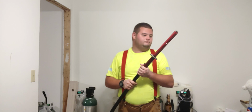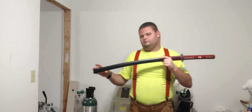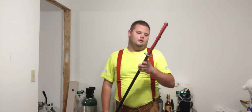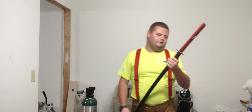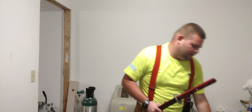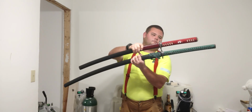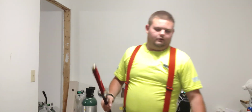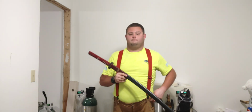And honestly, at the moment, this sword is going to score an 80 on that point scale. The only thing that causes it to lose that 20 points is really my personal preferences. I would personally prefer it to be a bit longer, somewhat like my Nodachi, but that's again a personal preference. For the size that it is, it makes up for that, so I'm going to actually bump its score to